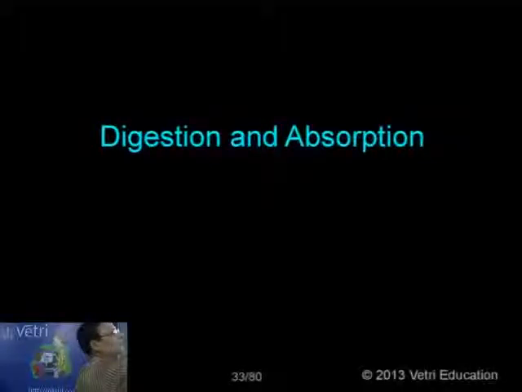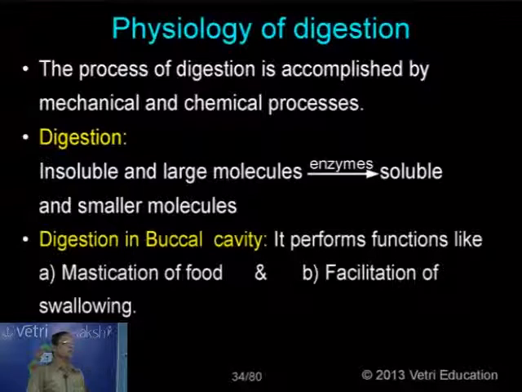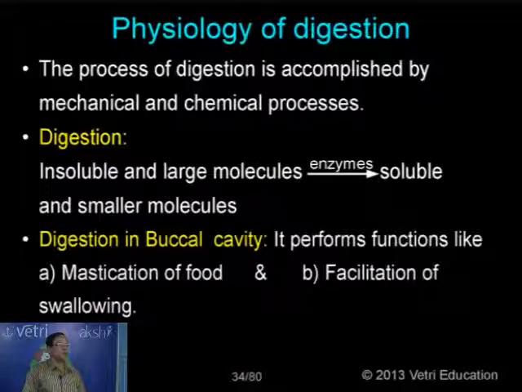Now, what is happening? The chemical as well as the mechanical digestion. So we are taking complex food materials, and they are being broken into simpler substances both by mechanical and chemical digestion. What do you mean by digestion? Normally you know that the mechanism of digestion involves the breakdown of bonds between complex materials. For example, in the case of carbohydrates,